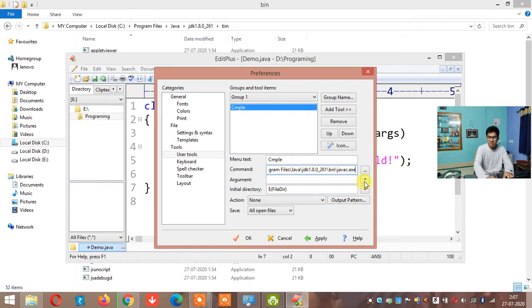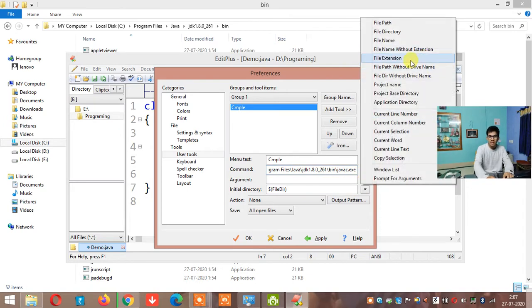Now argument. What is this argument? When you're compiling Javac, can you see that C? Don't think that C is like an extension. The actual meaning is something different, but I'm trying to teach you in an easier way. So how do you remember this? Compile means Javac, and don't think C means something extra. Java is a normal word, but C is something extra.